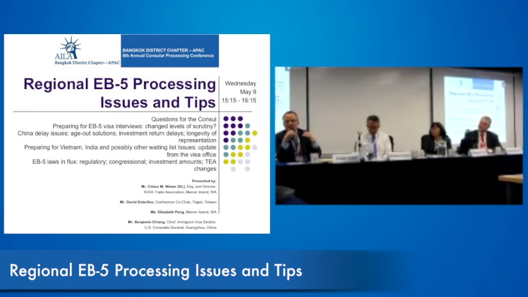But the main thing is that they're planning to increase the minimum investment amount in a targeted employment area to 1.35 million, and in regular areas to 1.8 million. The question, and this is totally my personal opinion, is whether those regulations will actually go into effect. My personal view is that Senator Grassley